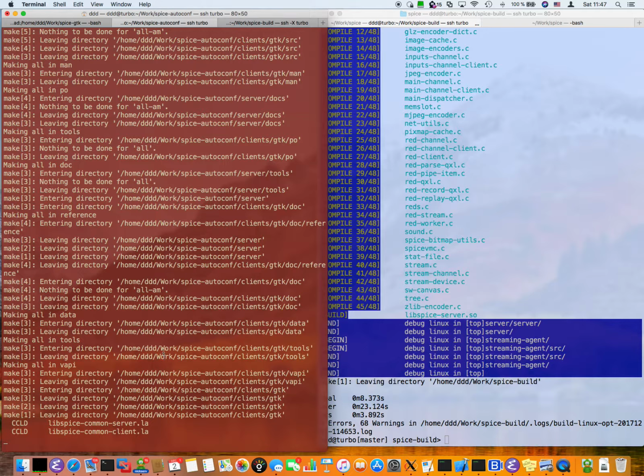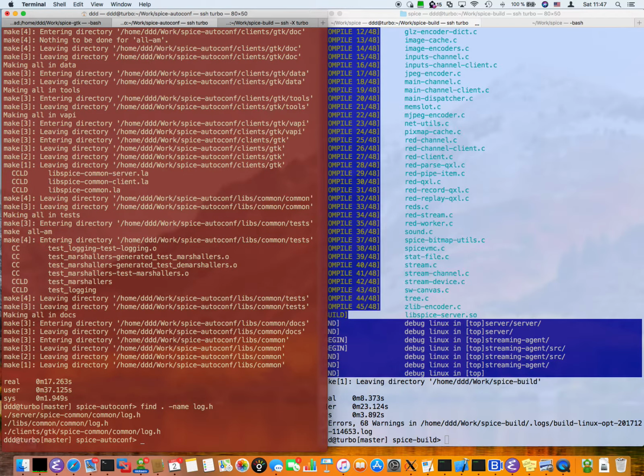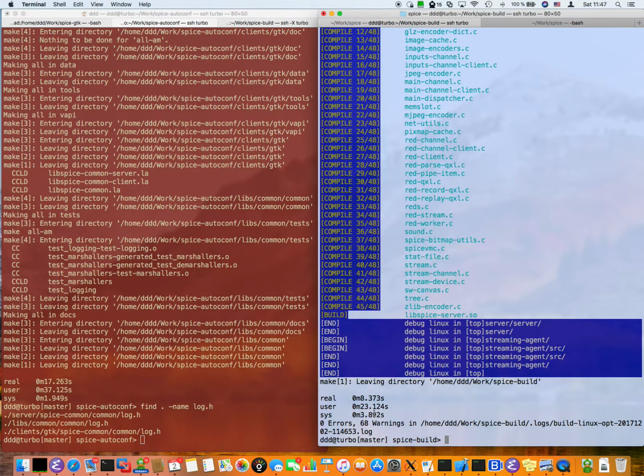The reason is that the historical organization of this project has SPICE common, so the common libraries, as a submodule of the client and server. And so this means that here it's really not rebuilding all the dependencies that I need. And I have multiple copies of this log.h file, and I would really need to make all these copies in sync in order to make sure that I'm having the same result as here on the right.